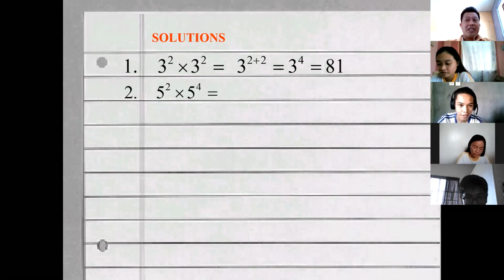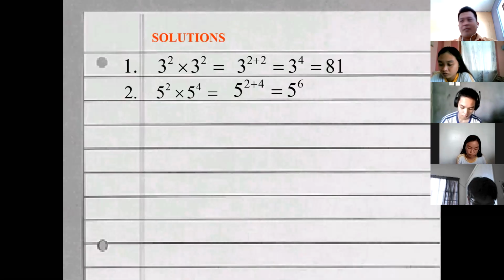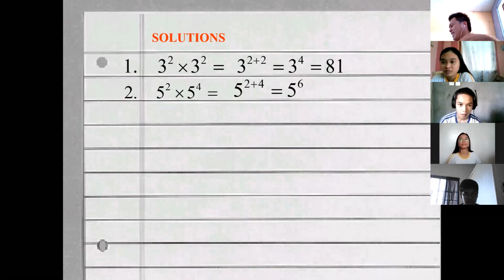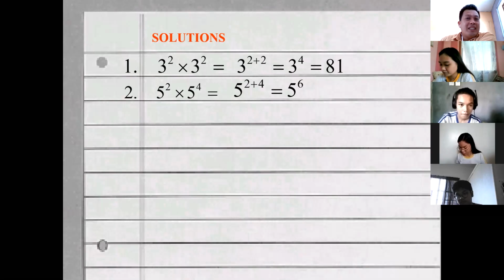15,625. The solution there simply tells us that the exponents will be added. So 5 to the power of 2 plus 4 is 5 to the power of 6, which is, I don't know, I did not write it here. Let me double check. But you have 5 to the power of 6, Harl. Okay. I'll try to do that in my calculator. 15,625, which is correct. Very good, Harl.